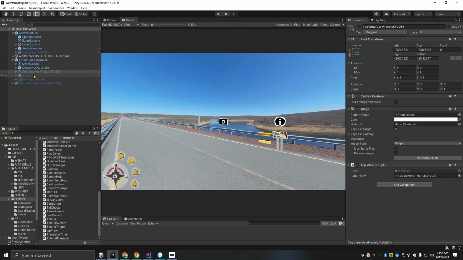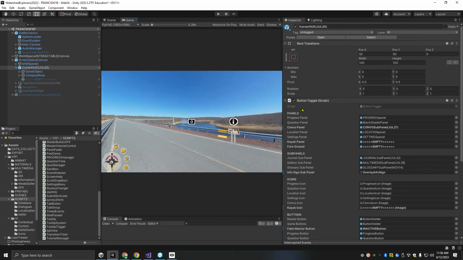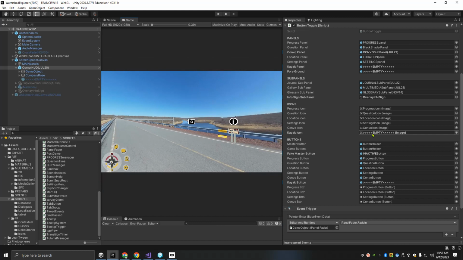Okay, top view done. Corner HUD. I used to have this button toggle script. Look at that. This is messy, but oh my goodness. I don't think it's going to be like this, because